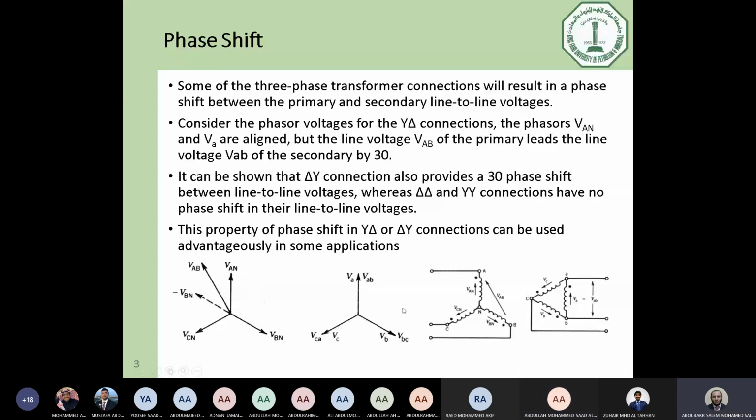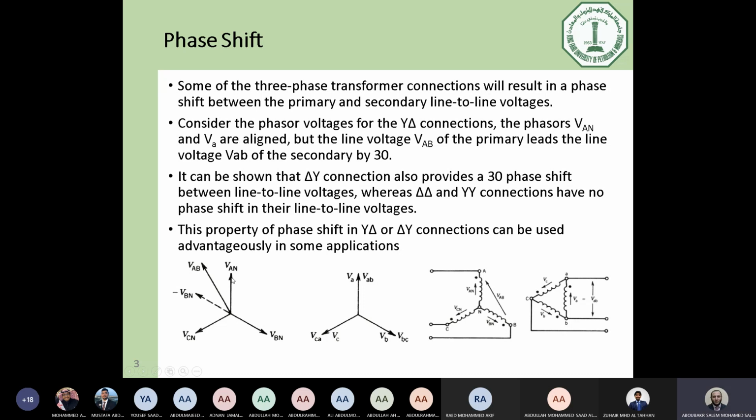Okay, again, we have now a Y-delta connection. The relation between phases of the Y connection, as you can see, VAN here, we assume this is the reference now, and VB is shifted by 120, and VC is minus 120. So,